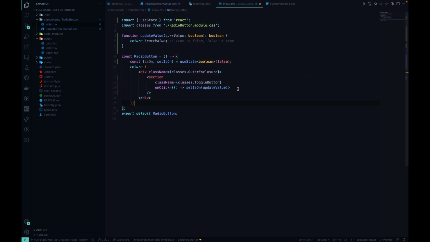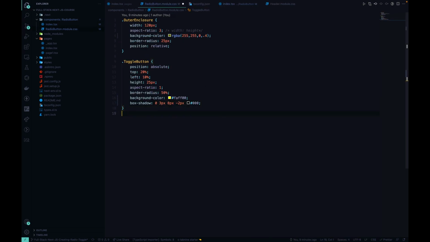Okay, so this is one thing. Now based on is on, we will change the position. For now, let's just change the position. So we have the toggle button, so let's get back here and let's say